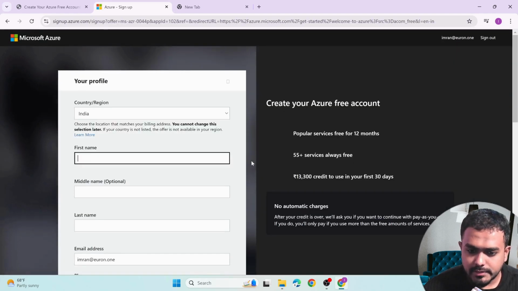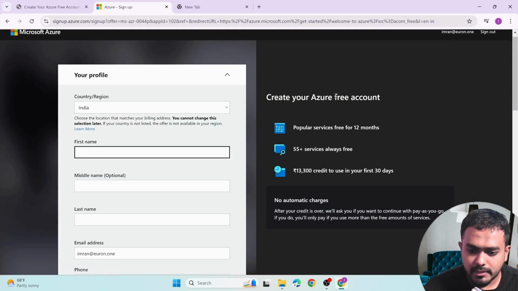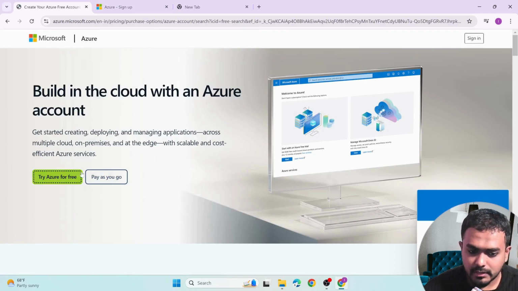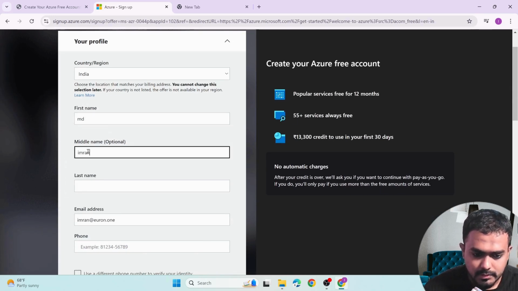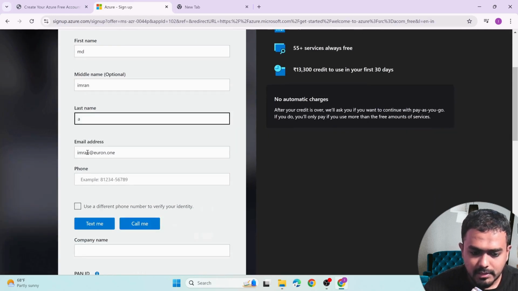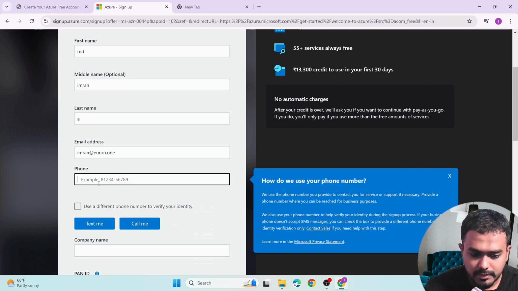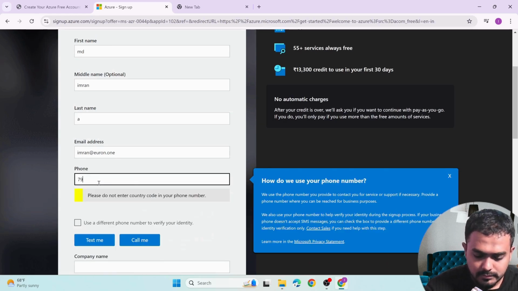All right, so it is directly getting me to the Azure free account. In case you have an account, you can just directly enter your Microsoft account details, and it will navigate to the same page. Fine. So let me enter the first name. So MD, I'll enter Imran A, and the email address is my Microsoft account, and let me enter the phone number